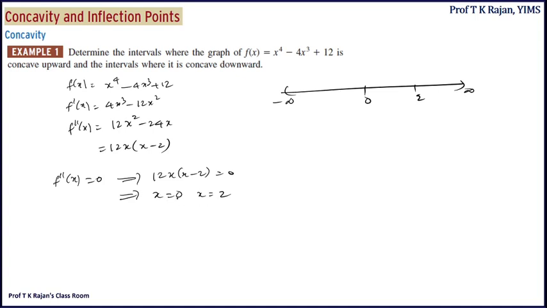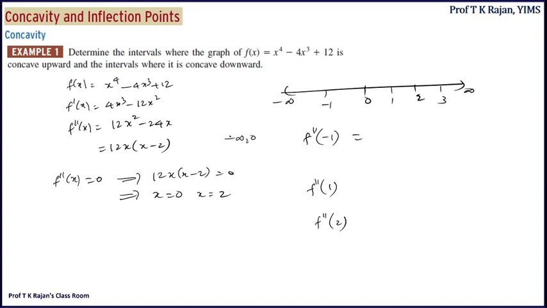The points we are looking for are where f double dash x equals 0 or f double dash x does not exist. There is no point where it does not exist. We get only 2 points where f double dash x is equal to 0. These points divide this interval into 3 subintervals. Now in each subinterval you take some point. For example, you take -1, similarly here you take 1, here you take 3, and calculate f double dash of these points. That is, you calculate f double dash of -1, f double dash of 1 and f double dash of 3.